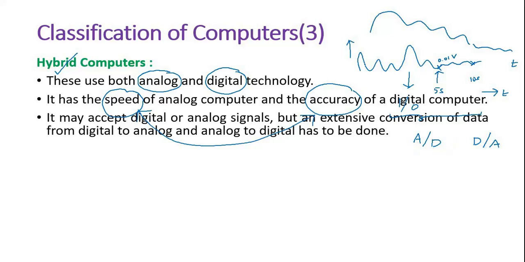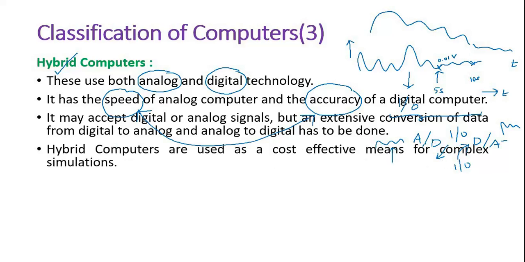Analog to digital converter means if I give a continuous signal as the input, it will give ones and zeros as the output. Here it's reverse: if I give ones and zeros, it will give a continuous signal, because this signal we can interpret. Ones and zeros we cannot interpret directly, only with the help of computers. If you saw a television in terms of ones and zeros, you would not understand anything. So you need analog to digital converters and digital to analog converters.